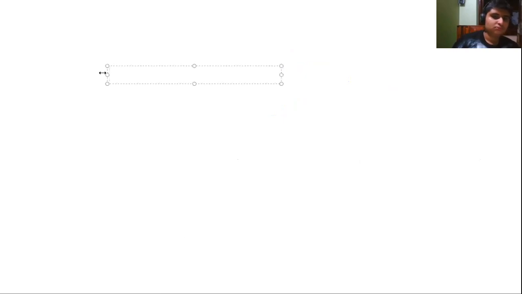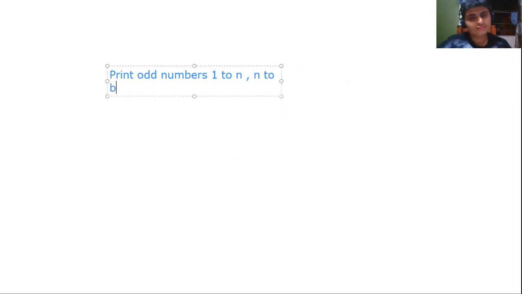You can write a program to print odd numbers from 1 to n, with n to be entered by the user. So where you are inputting, either you can write static void main with int n within the brackets,